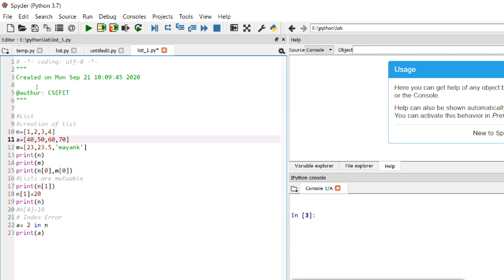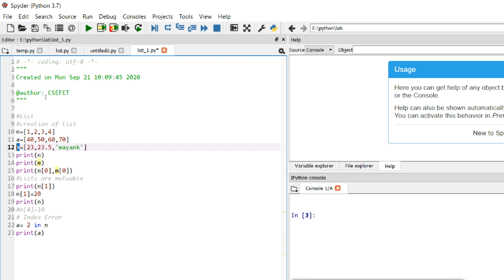So what basically is a list? A list is a collection of values. You can compare a list with a string. We have already studied what a string is. As a string is a collection of characters, similarly a list is a collection of different types of values. The values may be of the same data type, as you can see in this list n and a, they are all of integer type, or the values can be of varied type, as in the case of this list, where the first value is an integer, the second is a float, and the third is a string. So a list is a collection of different types of values.